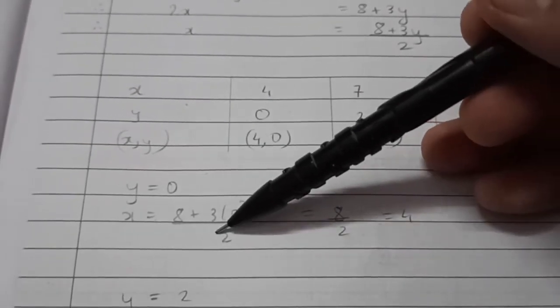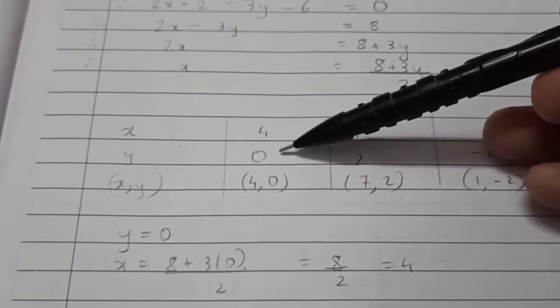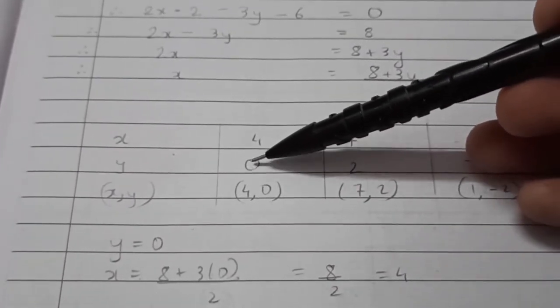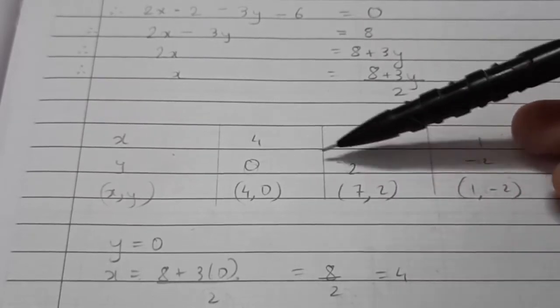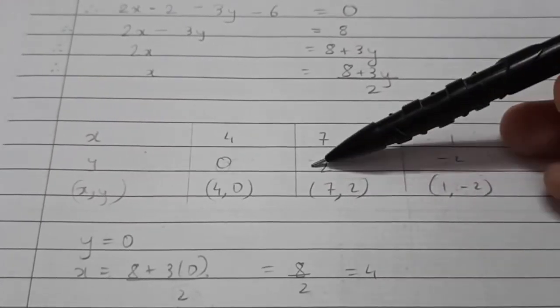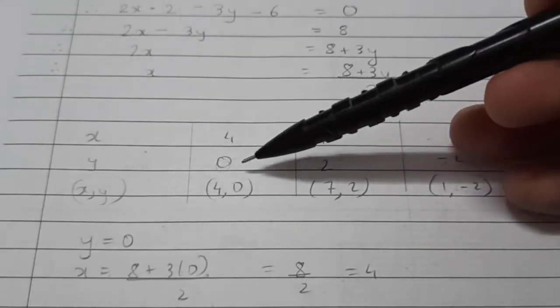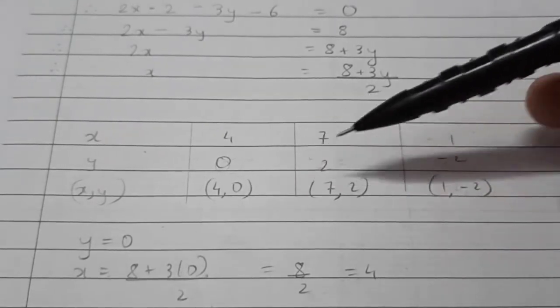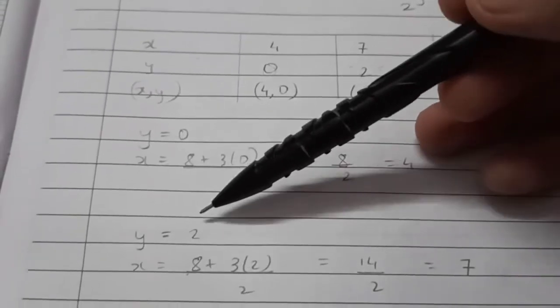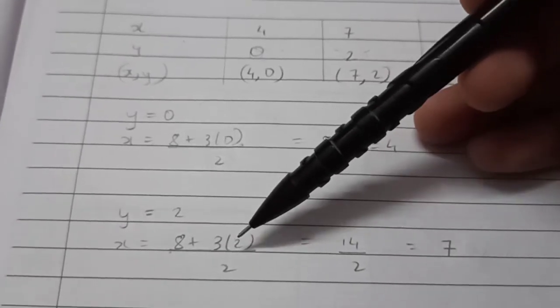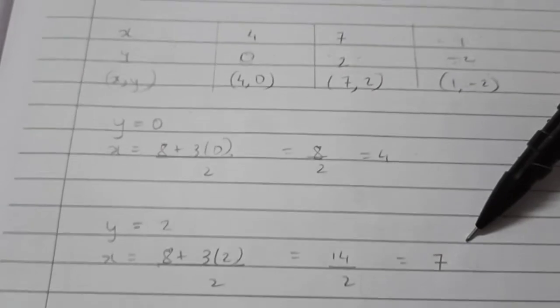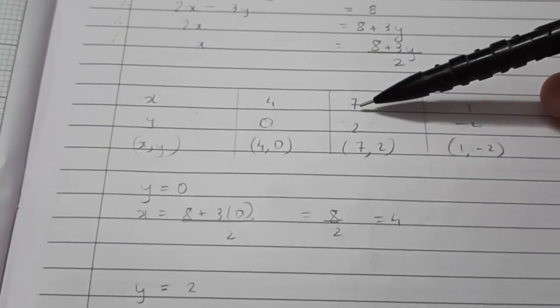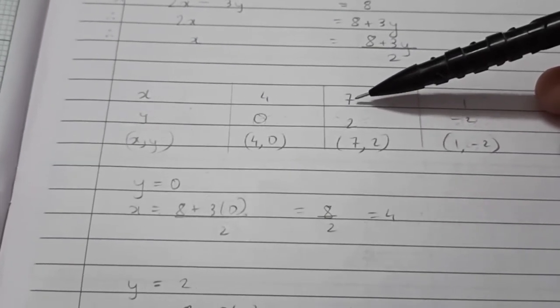Yes, the denominator is 2, so I have to take multiples of 2, or rather the difference between this valid number and the next number should be 2. So I can take 2, 4, even minus 2 is fine, because the difference is always a multiple of 2. So I took y as 2 now, and I got the value of x as 7. It's quite big. So the point to be plotted is 7 comma 2,